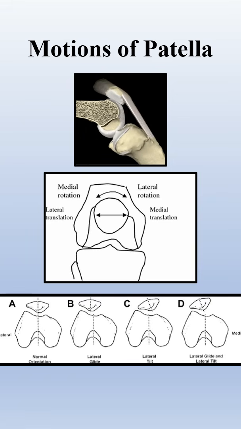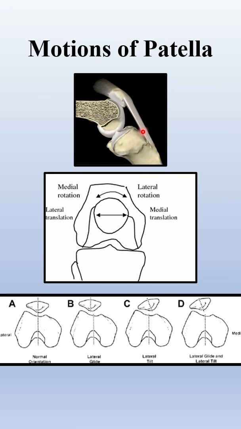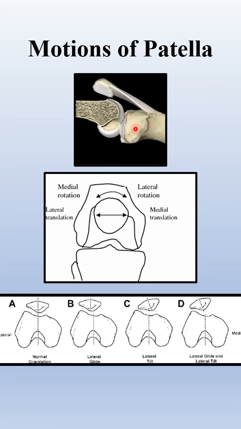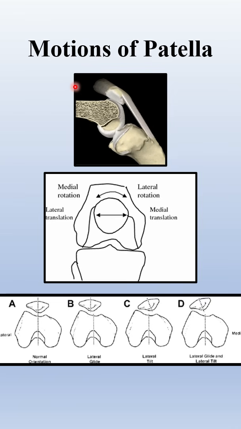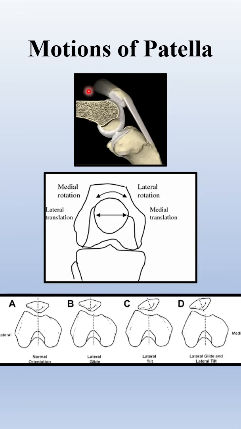We are aware that when there is flexion and extension, even the patella also slides up and down as the case may be. So when the femur is stationary and the tibia is moving, the patella slides down in flexion and slides up again in extension. This sliding down movement is called patellar flexion, and going back up in extension is called patellar extension.